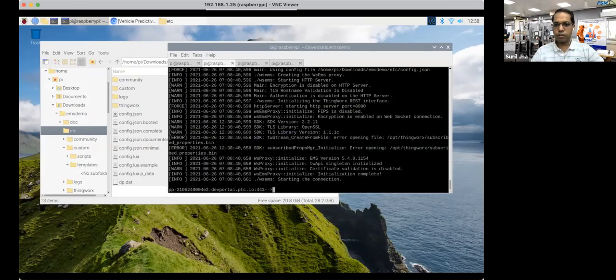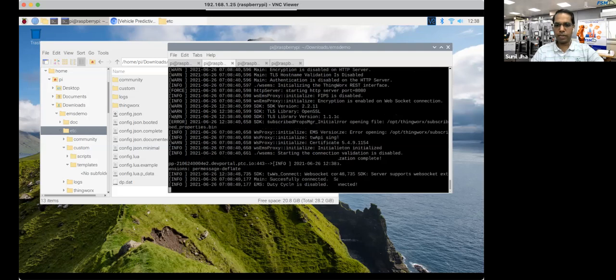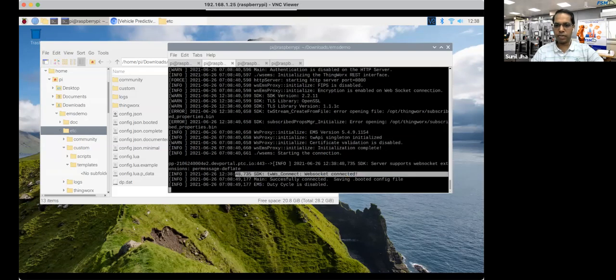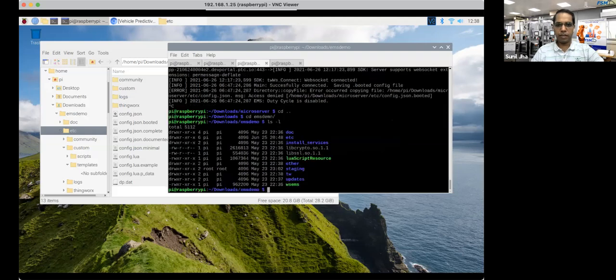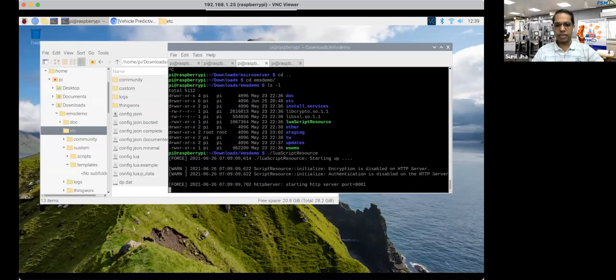Let's see that it should be able to make a connection to ThingWorx. You have to wait till it shows WebSocket connected. You have to get this message, then only you will understand everything is connected properly. And this will also reflect back that it will be communicating to ThingWorx. What I will be doing now is running the Lua script for the sensing. Now if you see here, it should run.